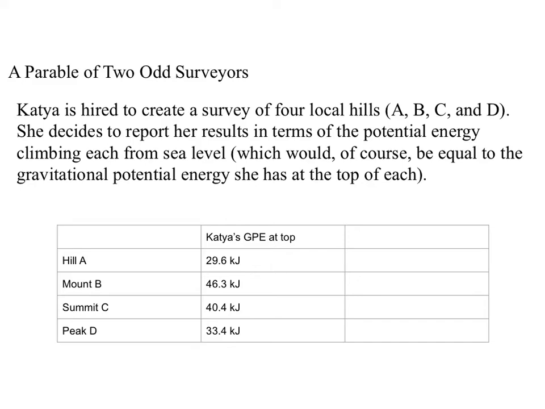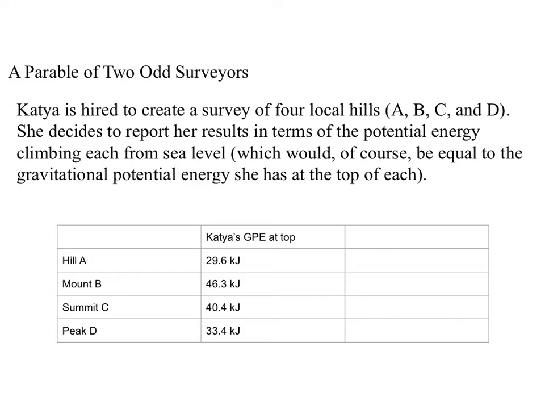We're working our way towards an important and useful but kind of esoteric concept, and to get there we're going to talk about the parable of two surveyors. Katya is hired to create a survey of 4 local hills, A, B, C, and D. She decides to report her results, because she's a little strange, in terms of the potential energy climbing each one